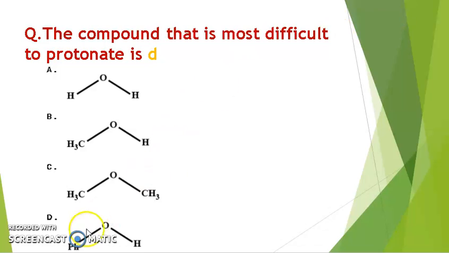In the last compound, phenol, PhOH, they have given here. The phenyl group is there, and electron displacement takes place in the benzene ring due to resonance. Thus it makes some partial positive charge on the oxygen. Here the lone pair is there, which could be protonated, but there is some positive charge on the oxygen because of the resonance. Hence the attack of the proton is most difficult here. So the compound that is most difficult to protonate is D. The option is D now.